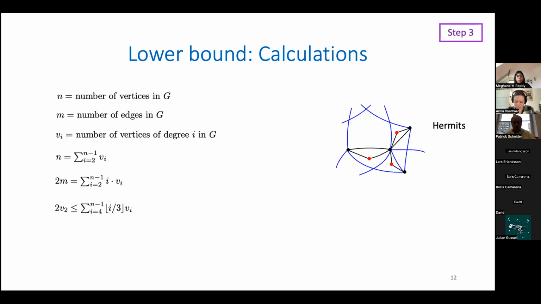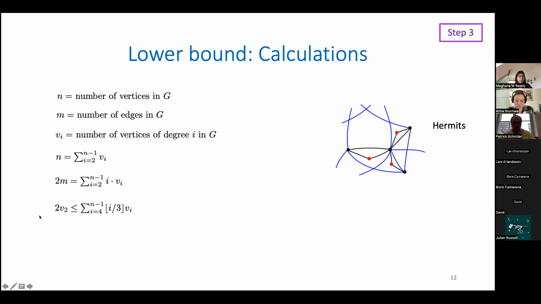What next? We obtain one equation from the hermits. Recall we went through the hermits and found some properties, and what we showed is that whenever we have a degree 2 vertex, it must have two neighbors of degree 4, and further, it claims 3 edges at each of its neighbors. So we put it in the form of an equation and double count the number of edges and say that